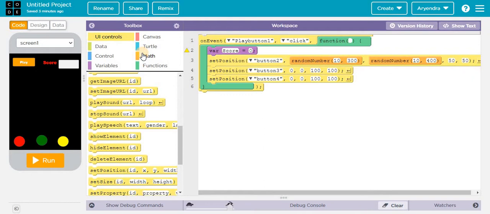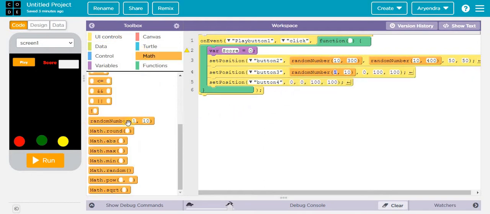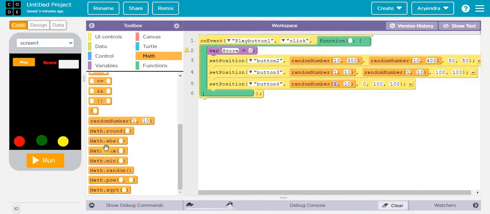Now we need to go to math, take random number and drop it here, one more time take random number and drop it here, one more time take random number, drop it here, one more take random number and drop it here. Now type here 20 and here 290